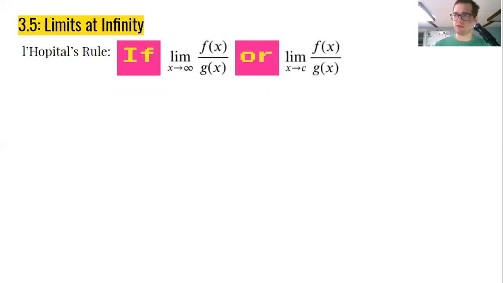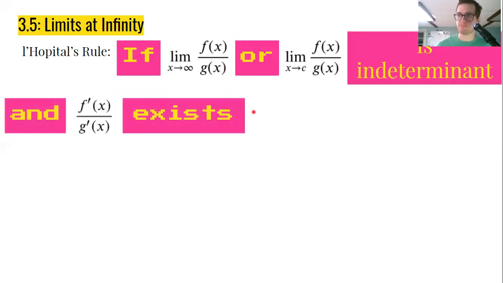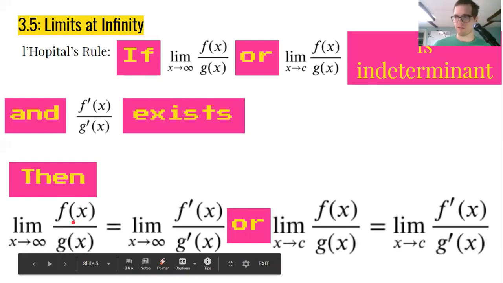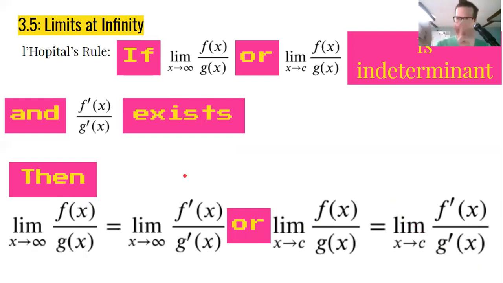So if you have a limit as x goes to infinity, or toward a value, of some fractional expression, and that limit is indeterminate, and the derivatives of both the numerator and denominator exist, then that limit is equal to the limit of the derivative divided by the derivative. This is what L'Hôpital's rule allows us to do. It allows us to take the derivative of just the numerator, just the denominator, and try the limit again and see if it works. And if it works, that's the value of the original limit. By the way, we can reapply L'Hôpital's rule as many times as we want,